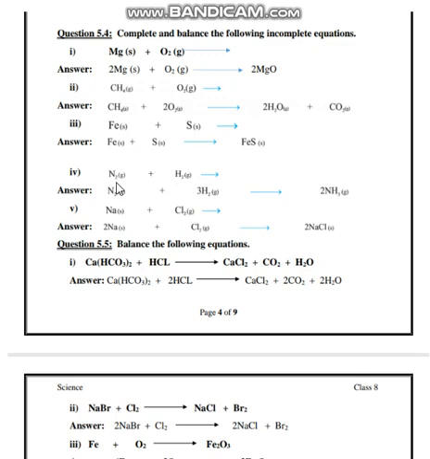Next, the fourth part. In this reaction, nitrogen in the gaseous state N2 and hydrogen in the gaseous state H2 will react with each other and form ammonia, as you have already discussed that nitrogen and hydrogen will react and form ammonia. So in the product ammonia is formed, so ignore these coefficients. Now we have to check how to balance these reactions.